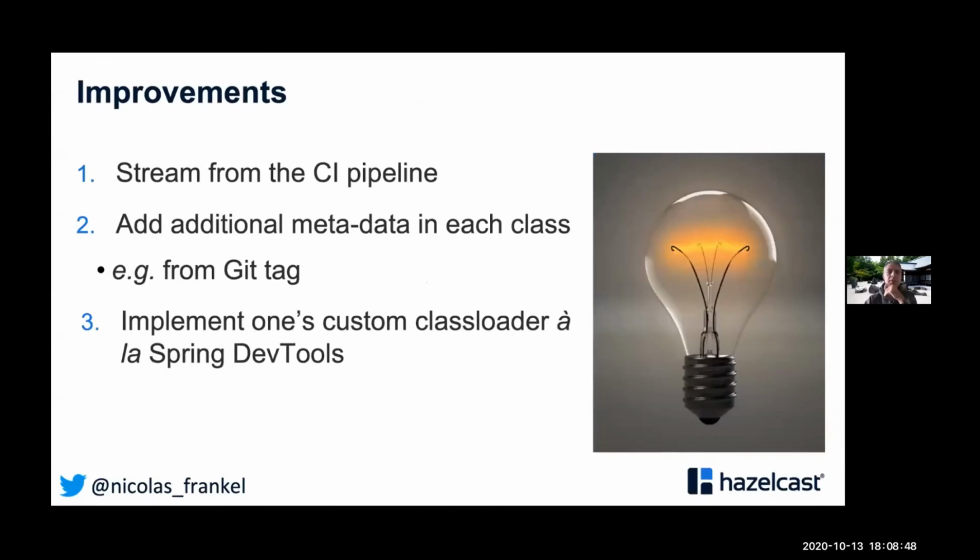However, we can do some improvements. Like here, I'm using everything on my own machine, which is not very great because you just trust me that I'm not cheating. Also, the GitHub repository is available if you want to change it. But in general, what you would do is you would have a CI pipeline and you won't read from the developer machine. You would read from the folder that is the result of the CI pipeline. If you want to have tagging, you could add additional metadata in each class. For example, you can also get the Git tag and weave it into the bytecode using a class transformer